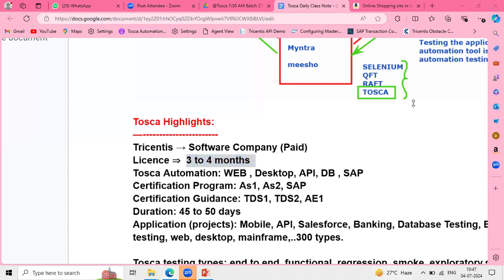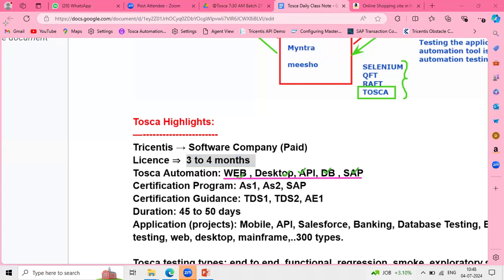And what are the projects we are going to cover in this training? The projects are basically application categories: web-based, desktop, API, DB, SAP. If you have experience implementing Tricentis Tosca on these many application categories, it will add more value to your resume, and you will get more opportunities in the market.